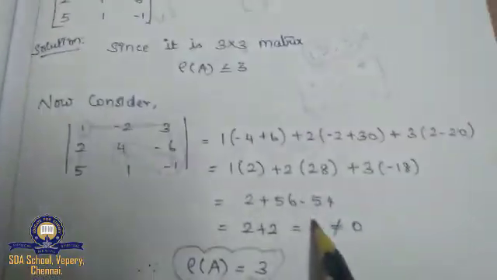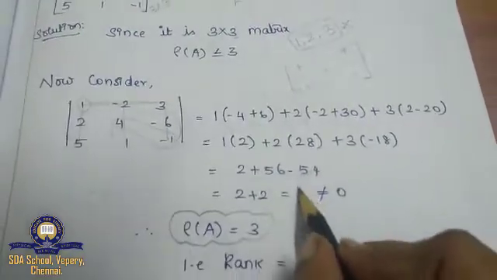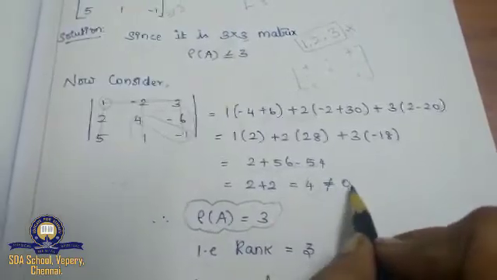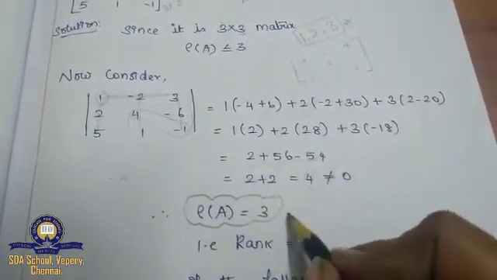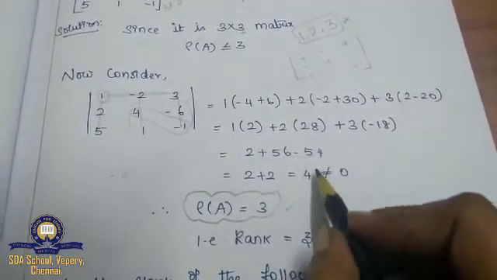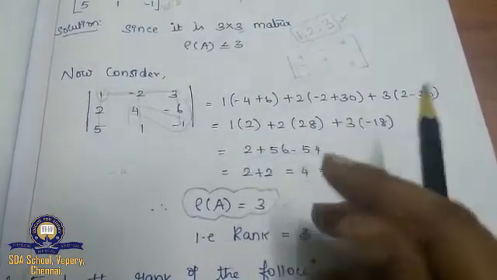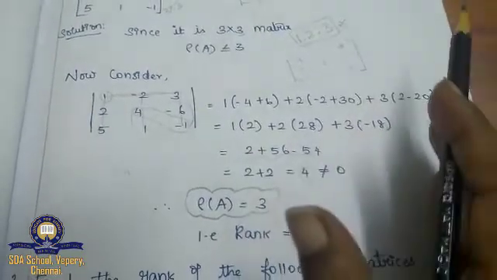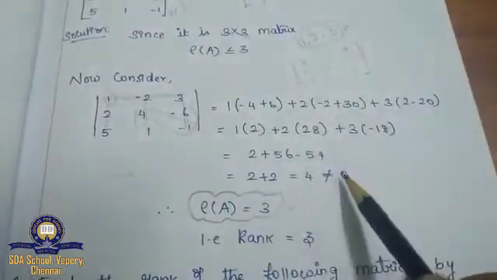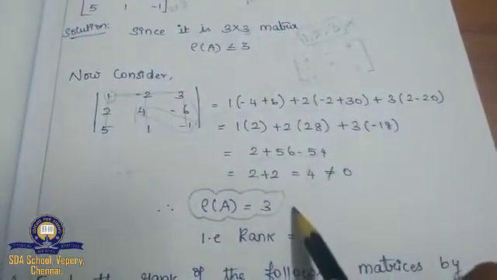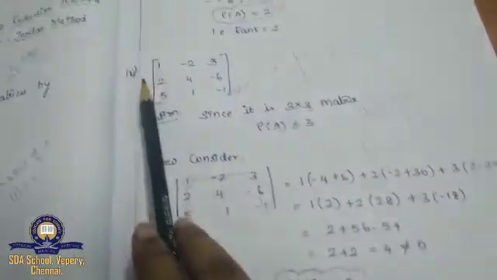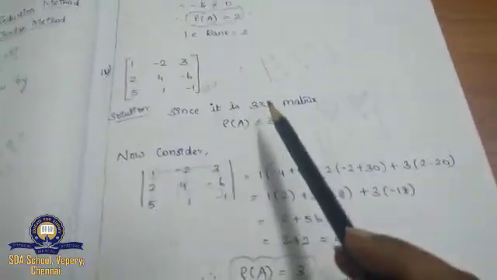So see, in the first determinant itself, I'm getting a number. What I told is, if I get a number, that should not be equal to 0. So if I get a number, your rank will be 3. Right? In previous sums we saw, in the first determinant itself, if you get a number, that number can be anything, but it should not be equal to 0. If it is, your rank will be 3. So my rank is equal to 3, so rank of A equals 3. This is your fourth subdivision. So totally you'll be having 5 subdivisions in this first sum.